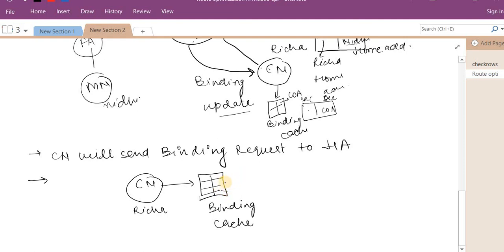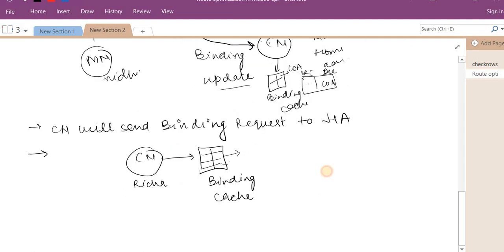So how much time will it carry this information about the care of address of a node? Actually, every cache content has some expiration time. Near the expiration time, the corresponding node again sends a binding request message to the home agent.